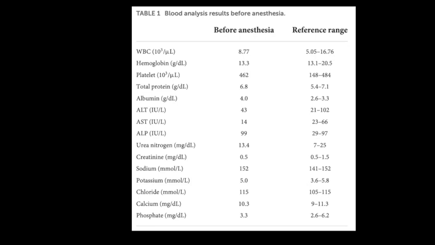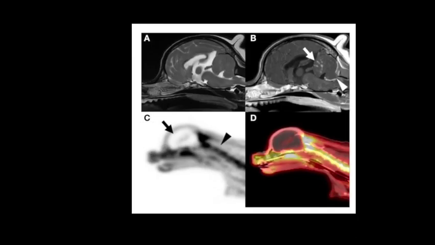PET CT images were obtained approximately 60 minutes after intravenous administration of 6.3 mg/kg fluorodeoxyglucose. The PET CT images showed an absence of FDG uptake in the intracranial structures. To investigate the metabolism in the brain, standardized uptake values, which are used to normalize tissue FDG concentration relative to the injected dose and body weight, were compared with other extracranial structures. The estimated mean SUVs of the cerebrum, brainstem, and cerebellum were lower than those of the cervical spinal cord, trapezius muscle, and both eyes. With the exception of intracranial structures, FDG uptake was identified in the whole body, and indications of a neoplastic lesion were not observed.